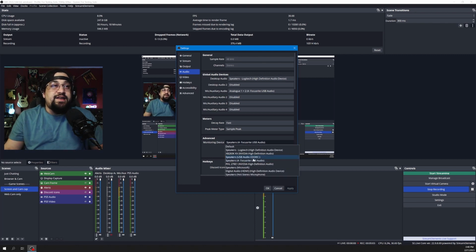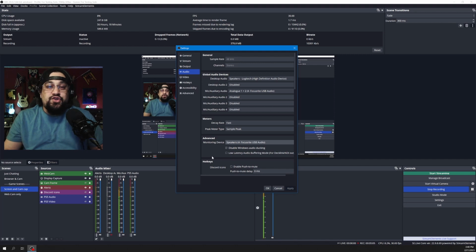So if you want to send your audio to whatever your USB microphone, the back of your speakers, wherever you're gonna send your OBS audio, there we go. That is what you want to set here. Okay, so select that. I've also disabled Windows audio ducking, so I've checked that and disabled Windows audio ducking because